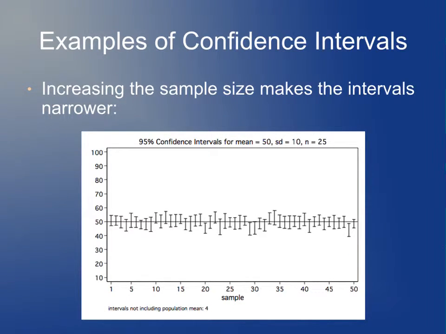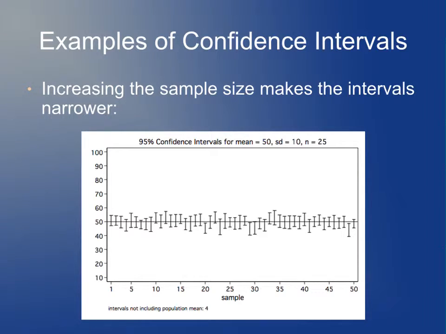And if you increase the sample size, it'll make your confidence intervals narrower, which makes intuitive sense. If you have a large number of observations, the standard deviation gets smaller, you can estimate the mean more accurately. However, even though they get smaller, this doesn't increase the chance that the confidence intervals contain the true value of the mean. In fact, if you look here, with this larger sample size,